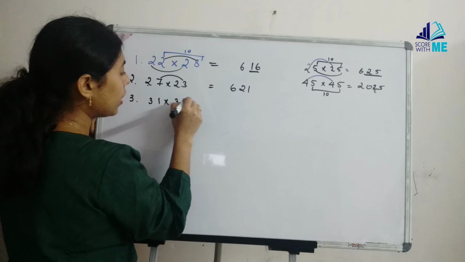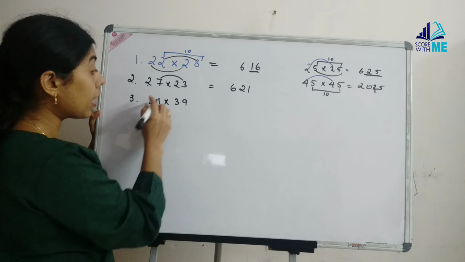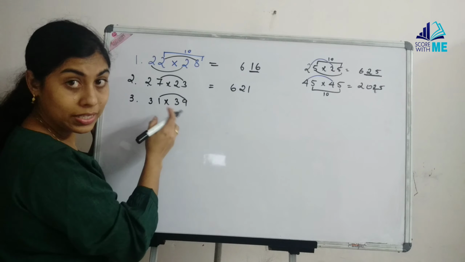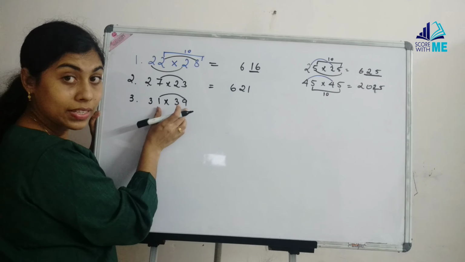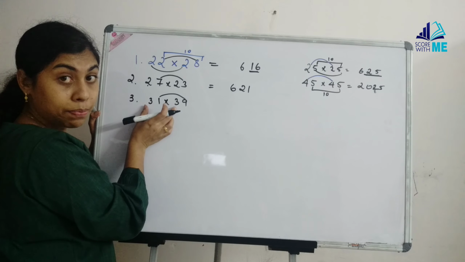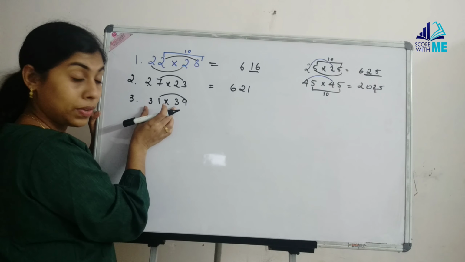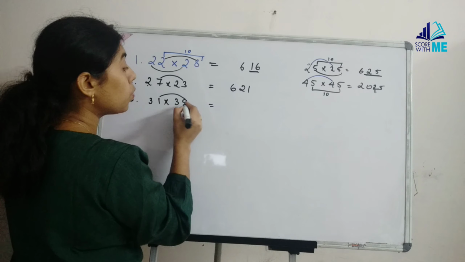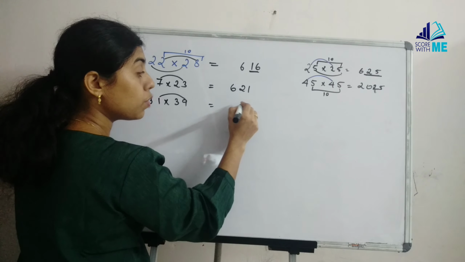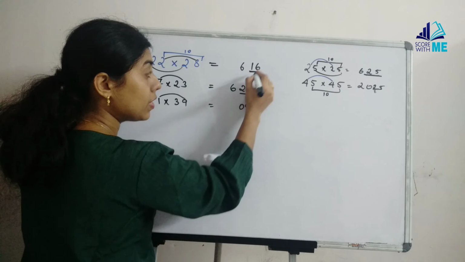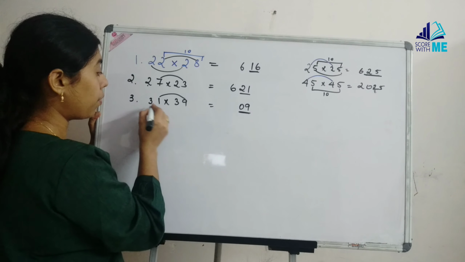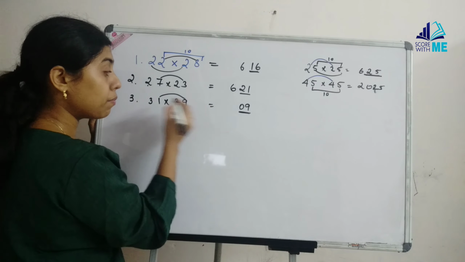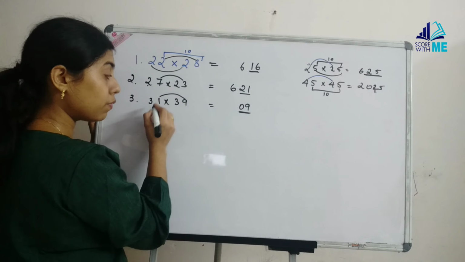31 into 39, how will we do here? Here 9 plus 1 is 10. Okay, that condition should be kept in mind. 9 plus 1 should give us 10, and the digits in the tens place should also be the same. So 9 into 1 should give us 9. It should be a 2-digit number, see here, 21, 16. So we will have 0, 9 here. Just have that particular point in mind. Then 3's next number is 4. So 3 4s are 12. So 1209 should be the answer.